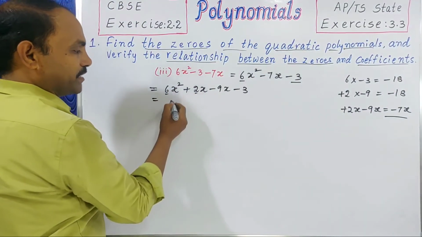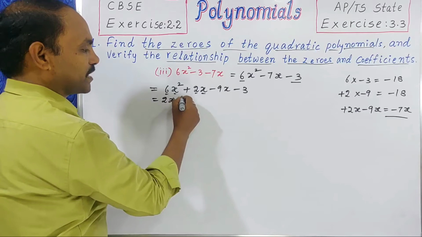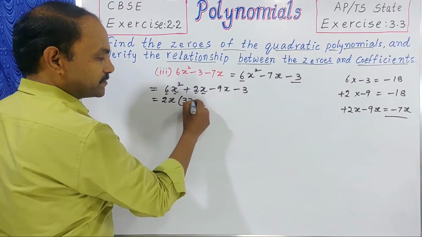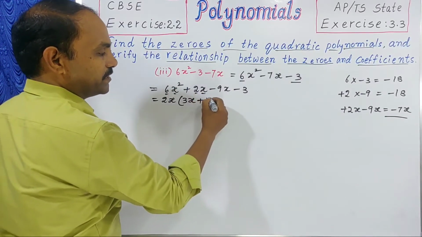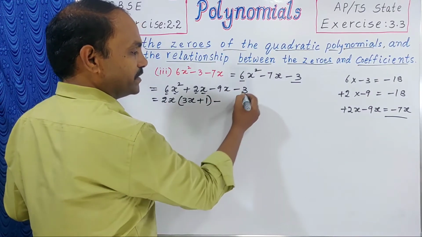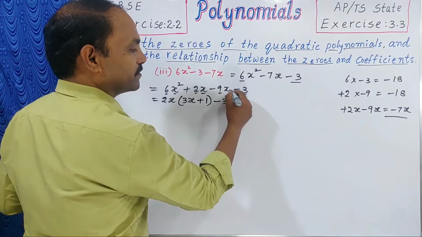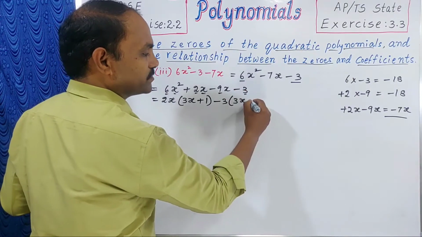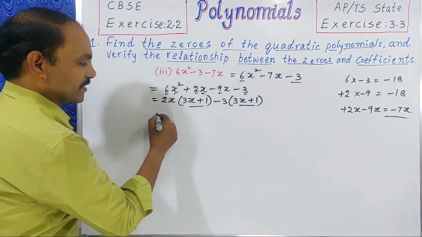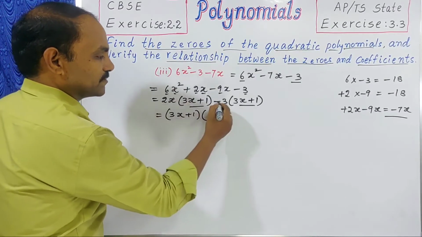In these two, 2 is common. 2 3 is 6. Why? Because multiples of 2 and x also common. So 2x common. 2 3 is 6. So 2 3, 1x is there, so x plus 2x gone, in its place 1. Minus is common in both the terms, and in both the terms 3 is also common. 3 3 is 9, x is there, minus already gone, so plus, 3 gone, so 1. So 3x plus 1, 3x plus 1 is common, and then 2x minus 3.